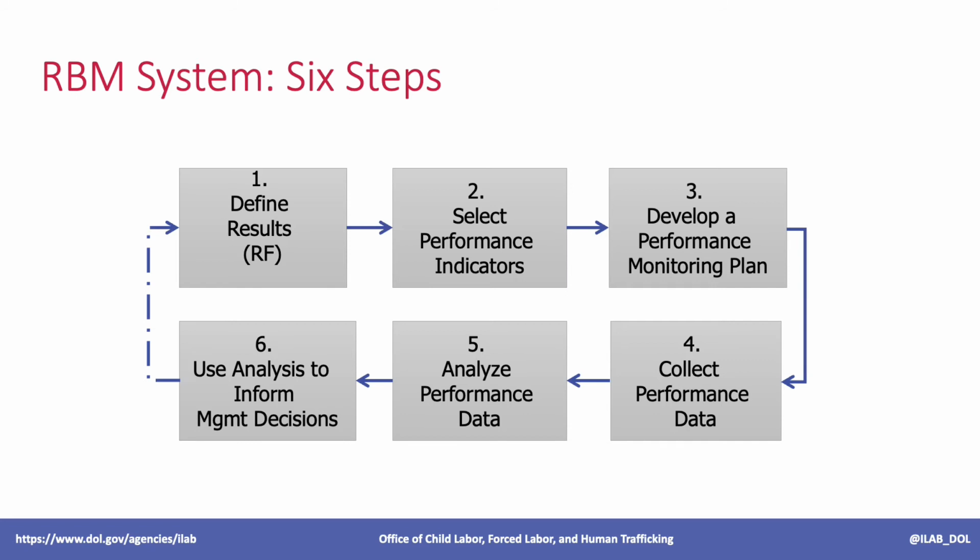One of the key parts of the results-based management process is the feedback loop. Any learning and decisions from step 6 should be incorporated and used to revisit and refine the project results as needed, the indicators, and the overall approach. The process along with each of these steps will be explained in more detail in the next set of slides.